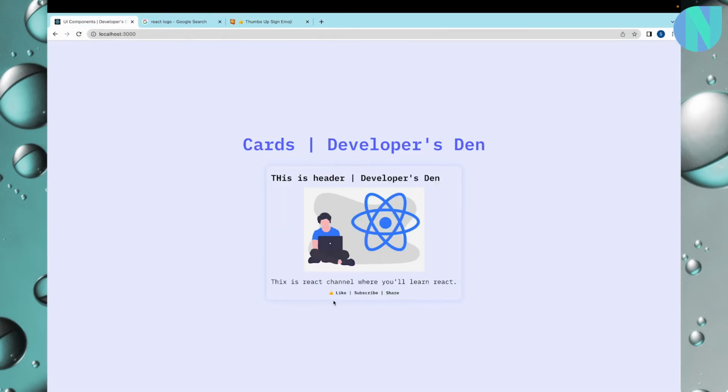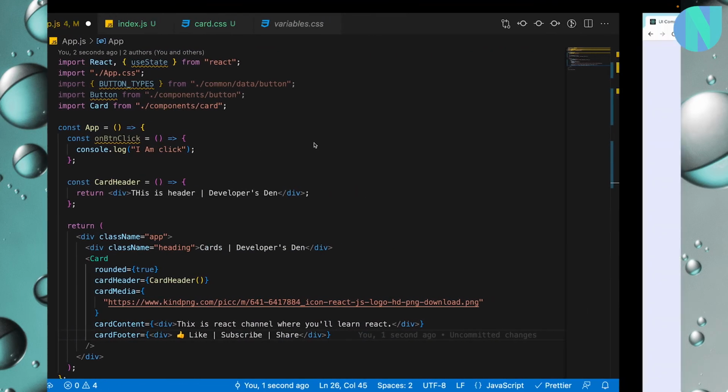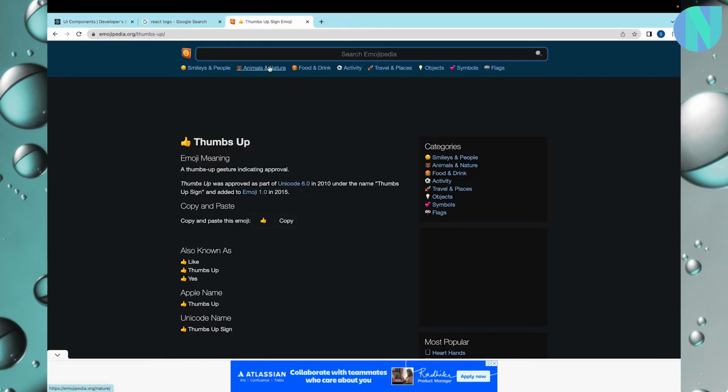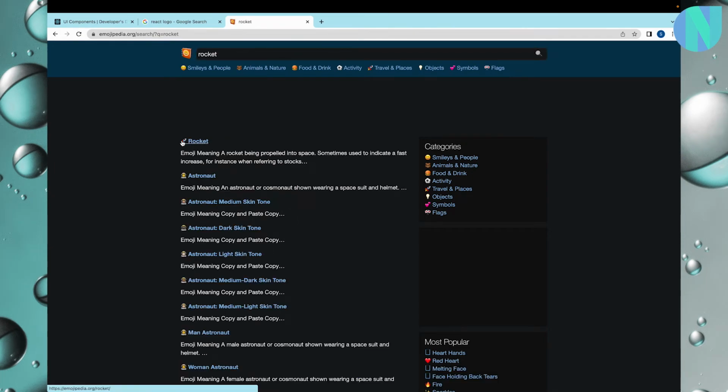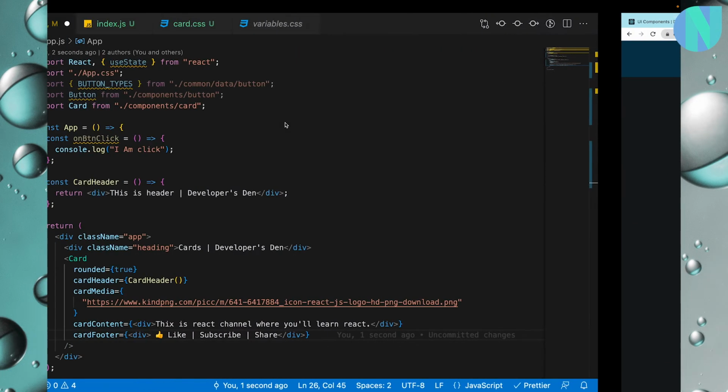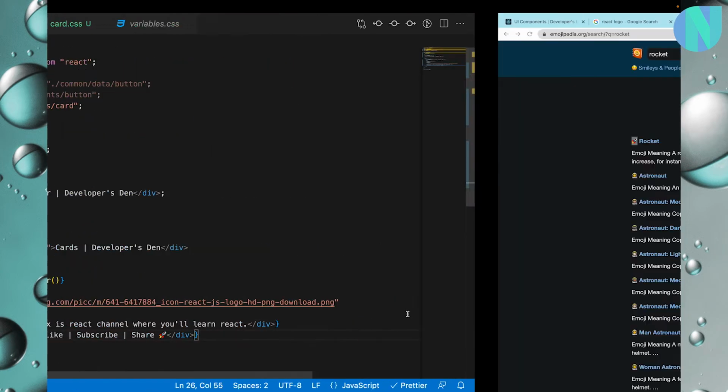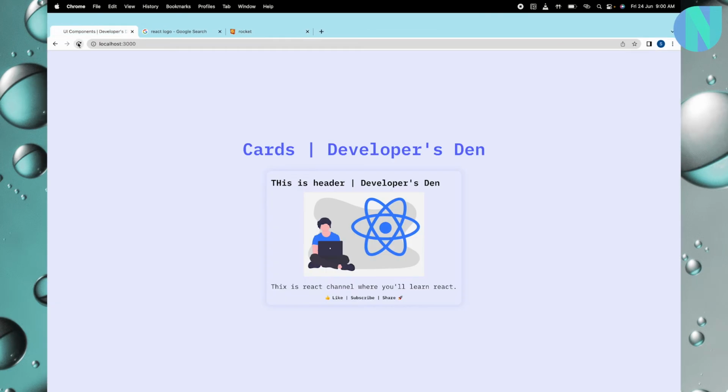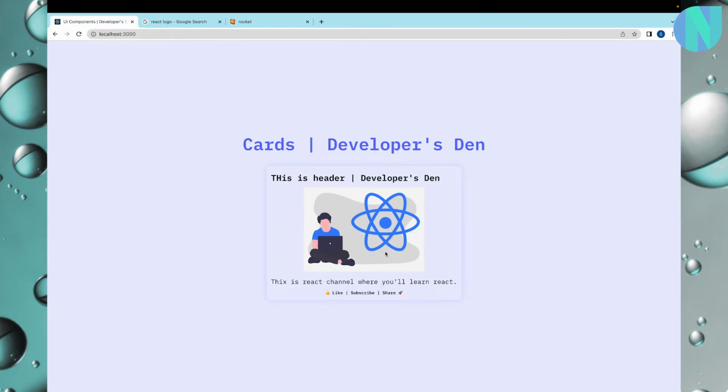So you can see that like is here. For share we can copy a rocket. I like the rocket icon, so I'll say rocket. So I'll just copy this rocket and paste it here next to the share. Perfect. Now this particular card component looks great, but one more thing is there: the color